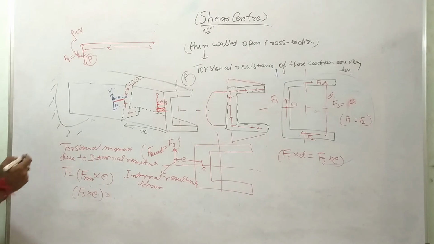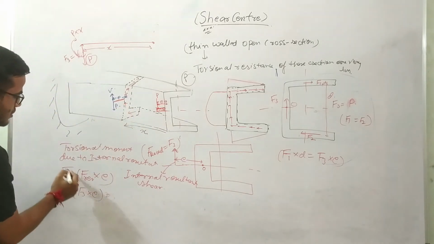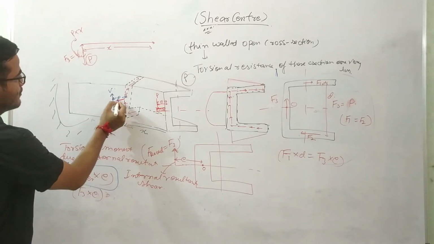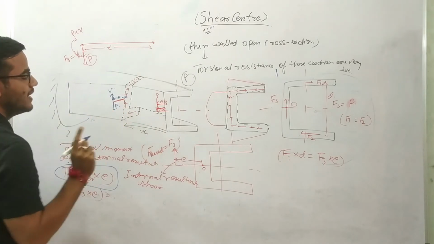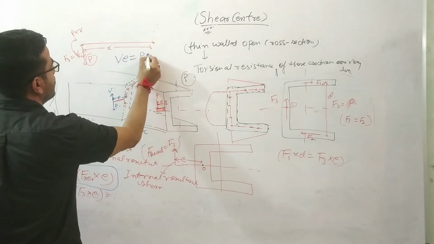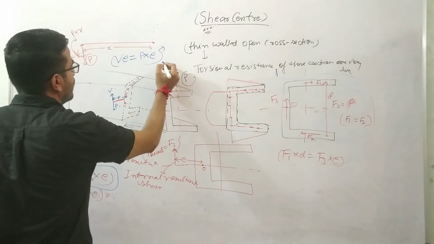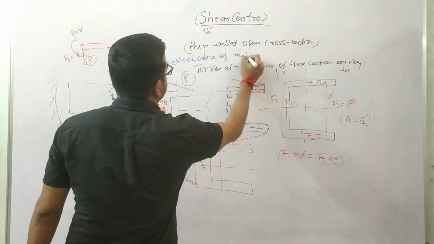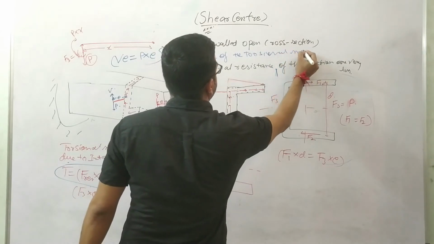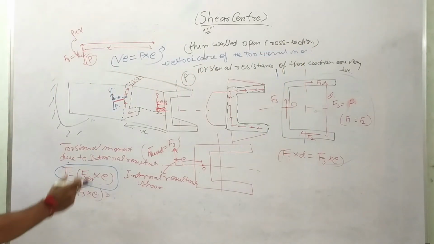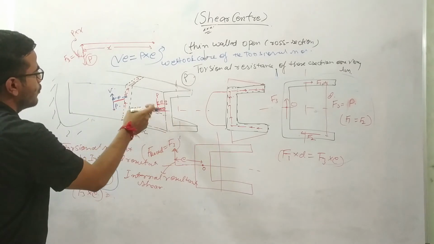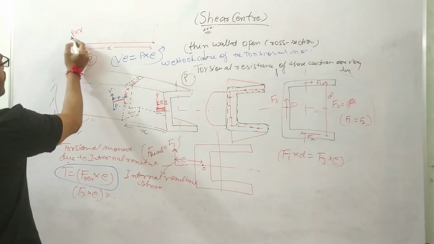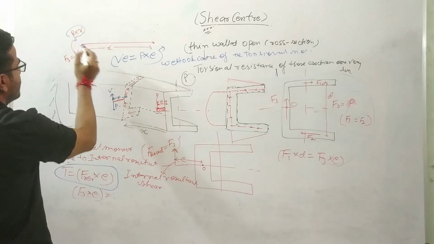Now you can see that this torsion is resisted by P into E, because the moment at this location, V into E, is balanced by P into E. So V into E will balance P into E, and we took care of the torsional moment. I just want to show how this P force is resisting this torsion. I just transferred this P force over here, which I can do, and the moment P into X will be balanced for the equilibrium of this portion.